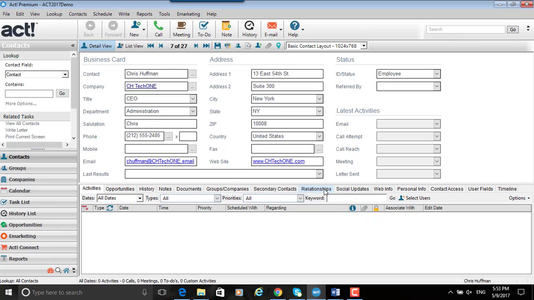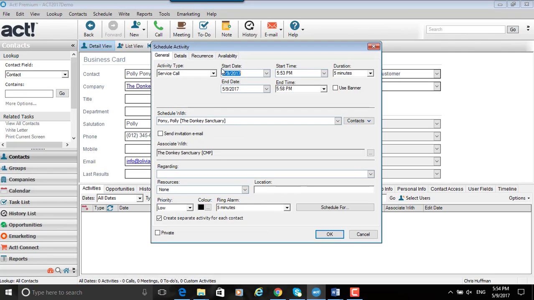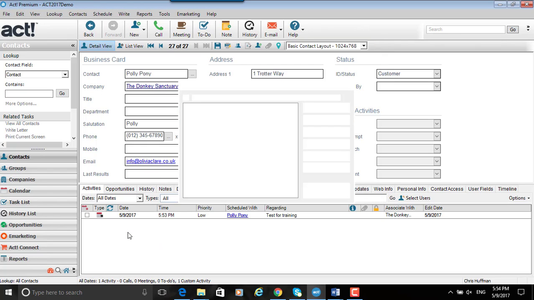and close that box. So we'll just go to any contact in the database, and here we are, Polly Pony at the Donkey Sanctuary, and if I schedule Other, you'll see I've now got a Service Call. Choose that option and I can then put in the details of the service call. And as we know, when we schedule any activity into the system, I'm just going to leave the default settings there for speed. That will then go into the Activities tab, which in this demo database